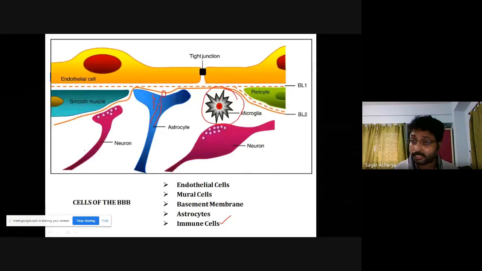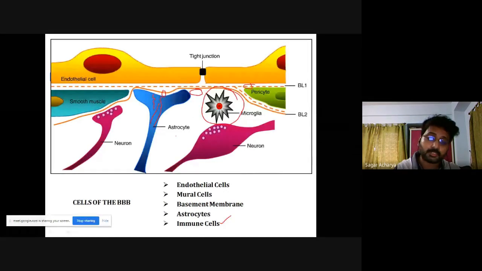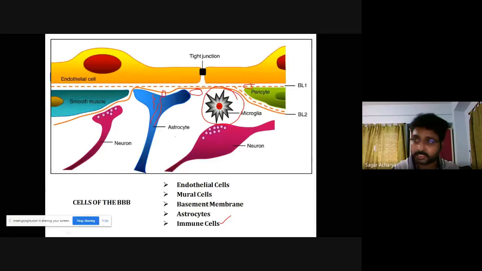Interestingly, these macrophages are developmentally within the CNS. If you go through the origin of these macrophages found within this vasculature, you can find that these cell lineages